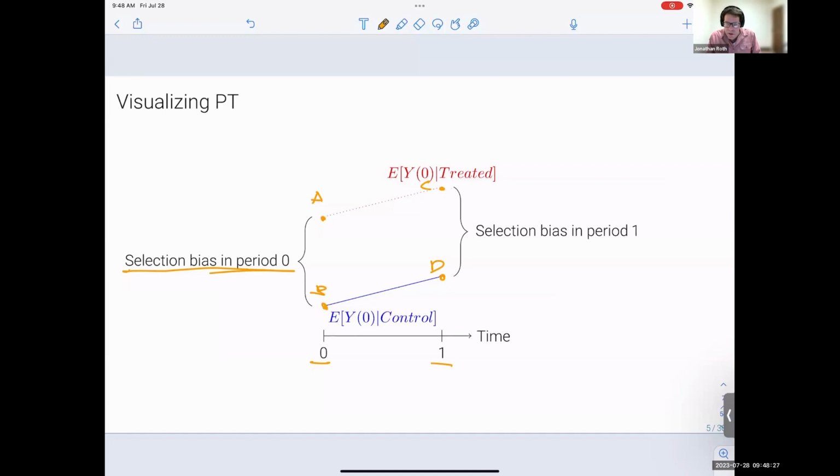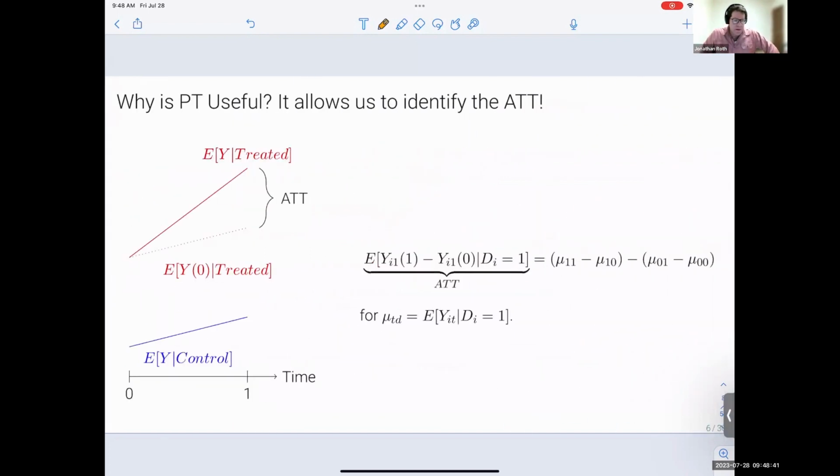Let me just see, are there any questions about what the parallel trends assumption means? I'm actually not seeing any in the chat, so I'm assuming that either people are familiar with this from beforehand or my explanation was clear. All right. And so then, well, why is the parallel trends assumption useful? Well,